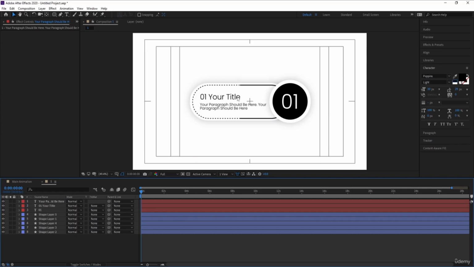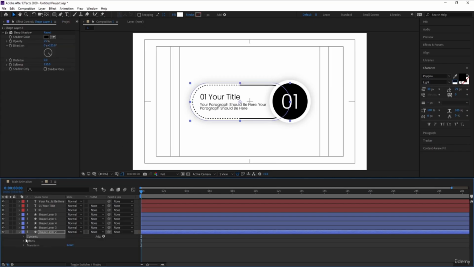Okay, like this. Now after creating all of this, we need to animate this also. So let's start with our animation stuff. First of all, we will animate this one over here. So for that, what we can do, we can go to the contents, we can go to the rectangle one, rectangle path,